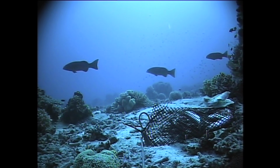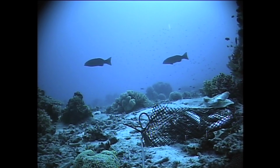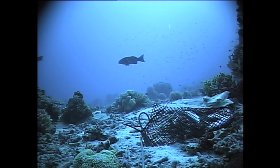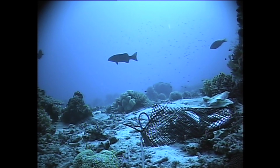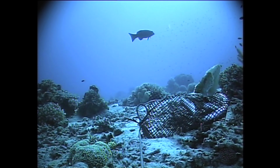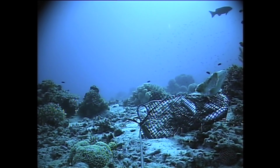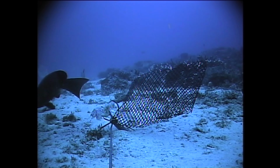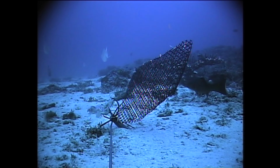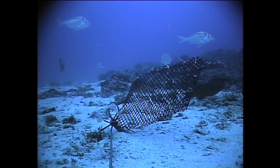These fish know that there's bait there, but I don't think they recognise it as food because it's not moving at the moment. It usually requires some movement or another fish to start to feed on it before they'll get involved. There's a couple of others just looking at the bait but not actually feeding. When there is some movement,